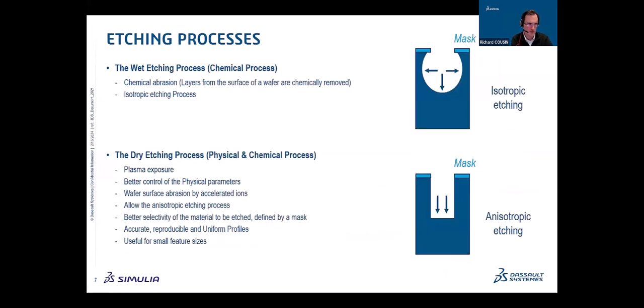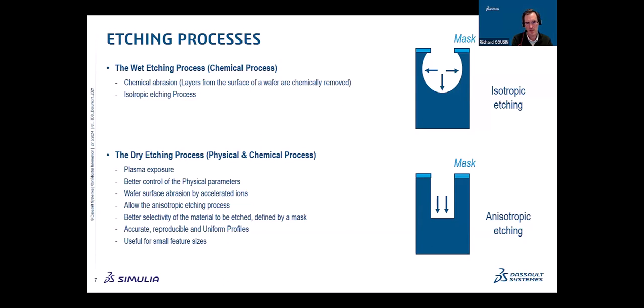Regarding the etching process, you have the wet etching process, which is a chemical process, and you have the dry etching process, which is a physical and a chemical process at the same time. It can also be fully only physical. The wet etching process is really, as I said, a chemical process. This is not under the scope of CST Studio Suite, but here you see that it has an effect also on the way